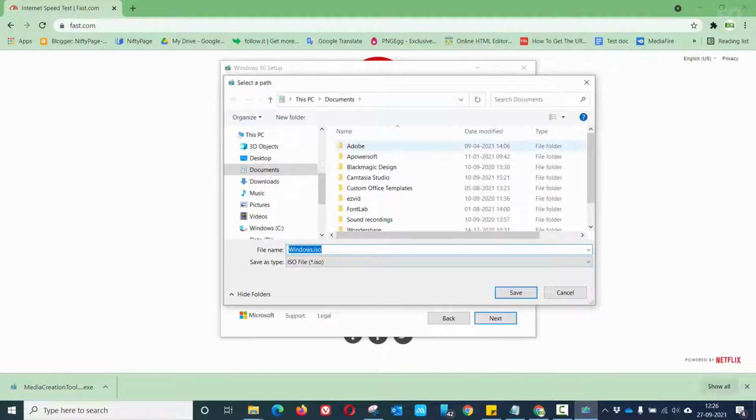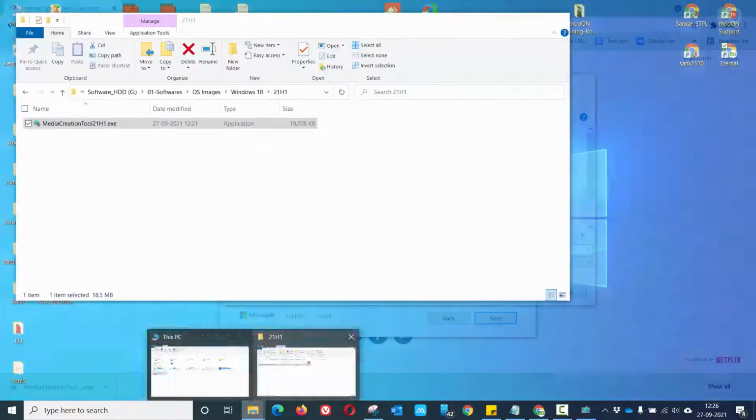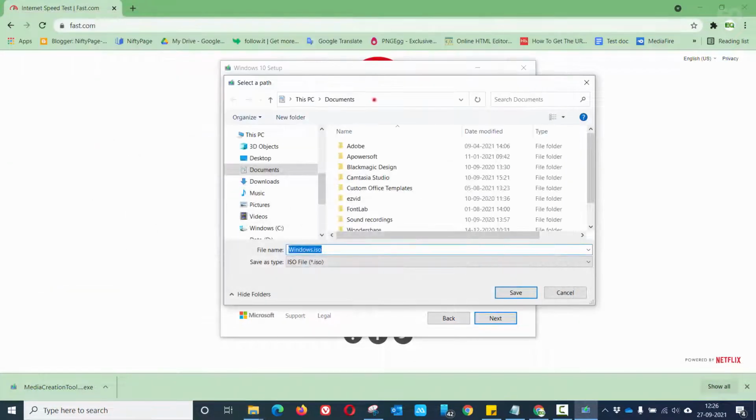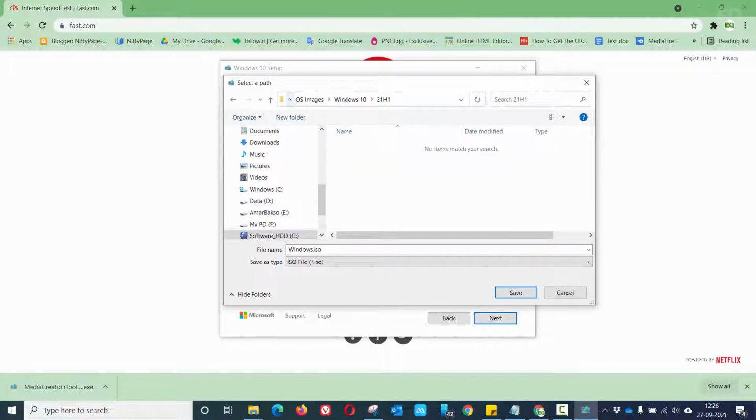To save this ISO file in the same folder where I have already downloaded the tool and etc. So I'm browsing to that folder and copying the path and setting the directory to this particular path, and I'm going to rename this ISO file with a different name, which is Windows 10